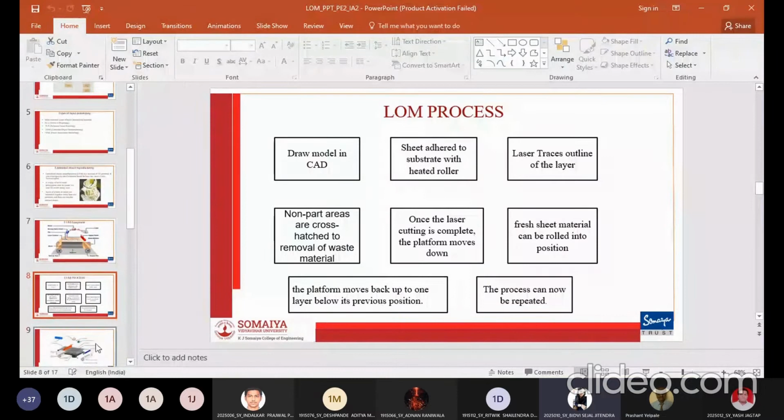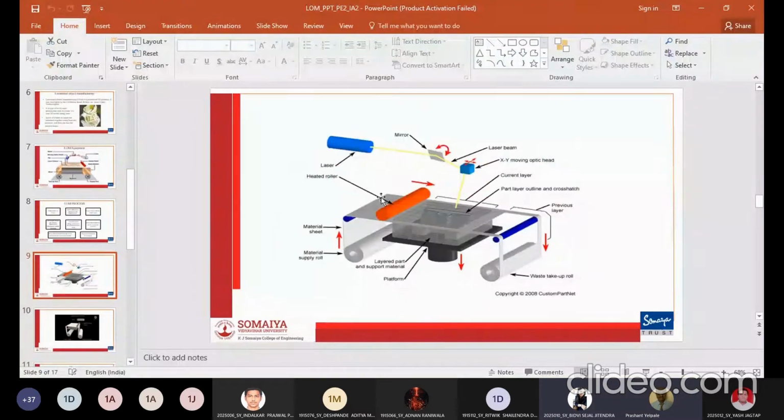In this process, we use a continuous sheet of material which is drawn across the build-up platform by a system of feed rollers. These two rollers support this material sheet. When the process starts, the slice file format data is transferred to the rapid prototyping machine by the system computer. As the process starts, with the help of this supply roller, we supply the sheet for the process